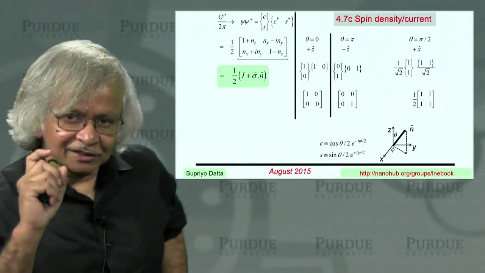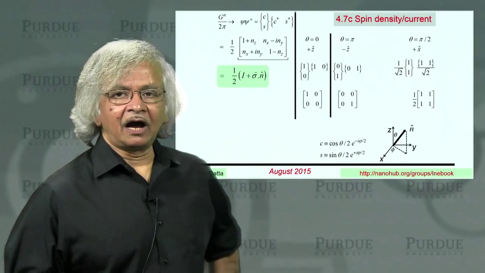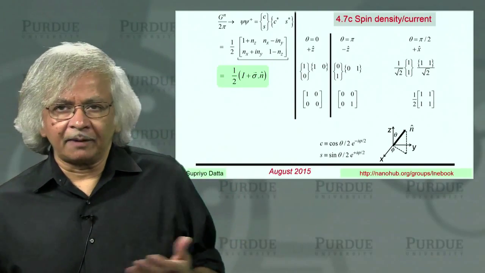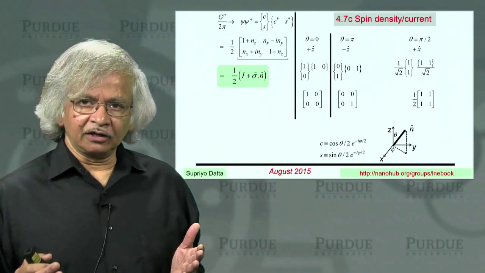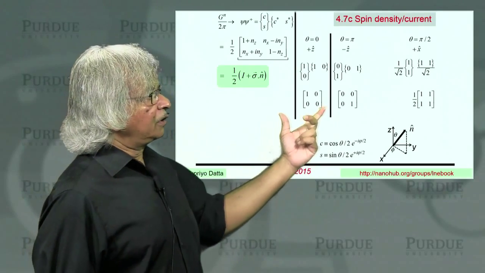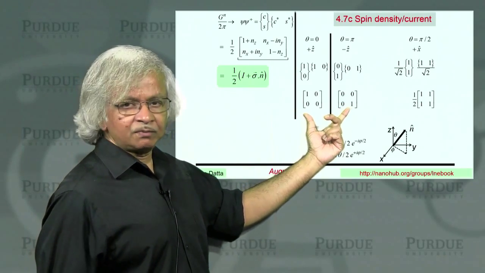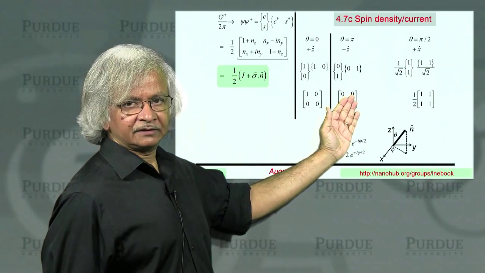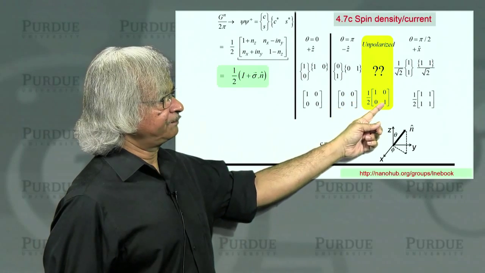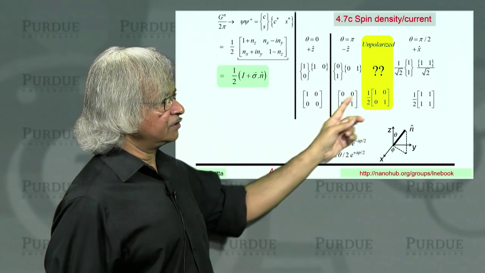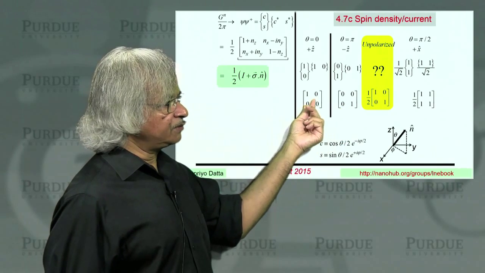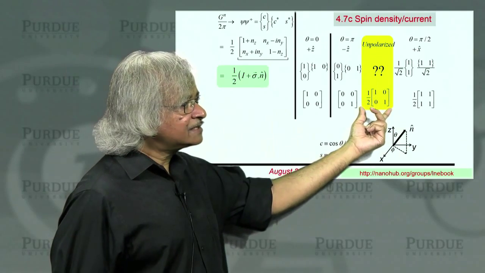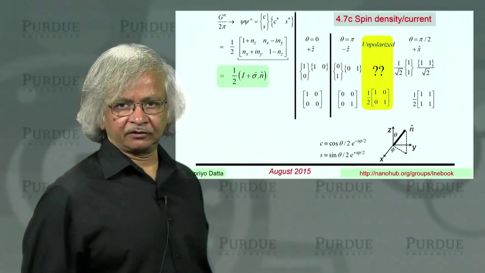Now, to appreciate this subtle point, consider what you mean by unpolarized electrons. That is, normally you have equal numbers of up and down. That's what you might call unpolarized electrons. Now, if you had unpolarized electrons, then the corresponding Gn would be like 50% of this plus 50% of that. So you see, this is 1, the rest 0, and this is zeros, and that's 1. So if you take 50% of this and add 50% of that, you get this. So that's the Gn corresponding to unpolarized electrons.